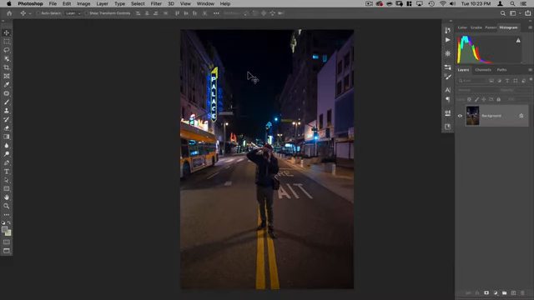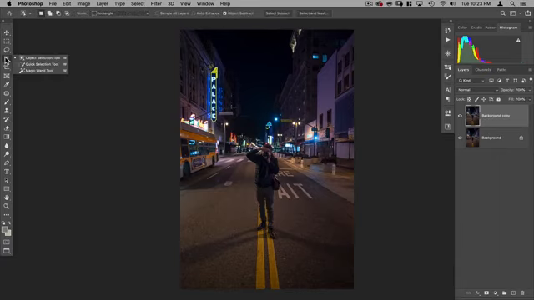Okay, so here's our image, and what I want to do is separate him from the background because I'm going to be adding a lot of atmosphere to this background, and I want him to basically be in front of the atmosphere that I add. Also, by separating him, I can add in a bunch of detail without being so worried about covering him up. So first, we're just going to make a copy of this layer by dragging it down here.